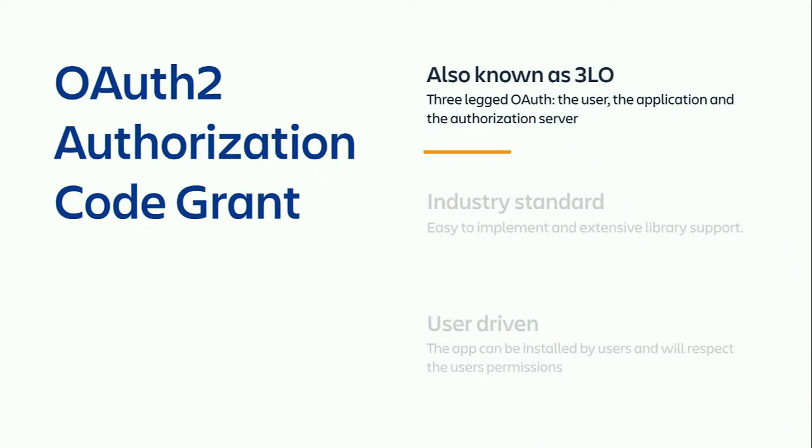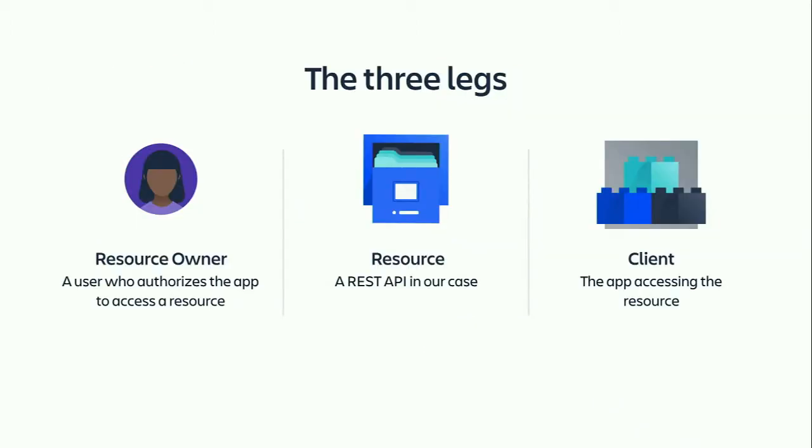It's sometimes a bit confusing what all of those three legs are, because depending on how you count, you could also come up with 4 legs or 5 legs. But usually these are the 3 legs. So you have a resource owner. That's somebody who owns a resource. So in the case of the Jira Gmail integration, that's a user who has access to Jira. So they have access to stuff in Jira,